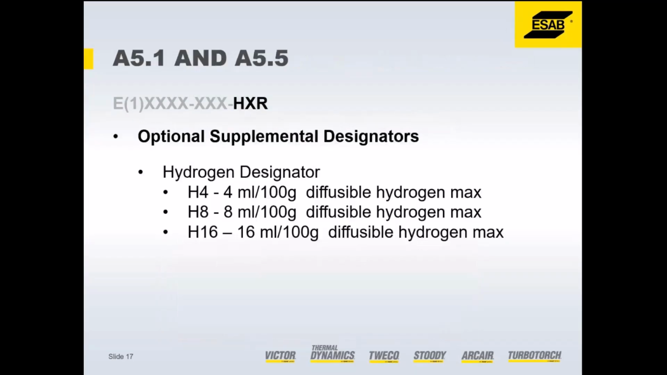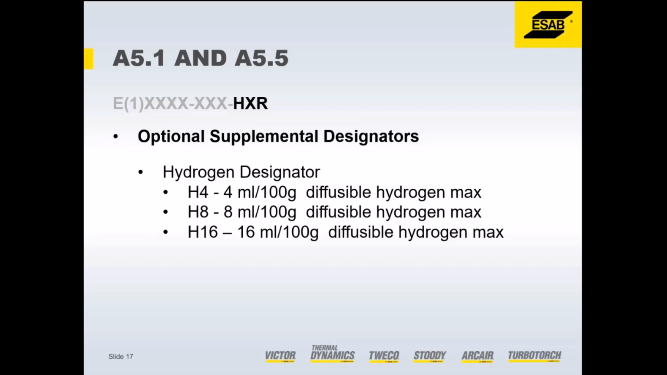And then finally, at the end of either the A51 or the A55 specification, you're going to have the optional supplemental designators. The most prevalent one is for hydrogen. All these would be considered low hydrogen rods. Most people are looking for H4 for one reason or another, but that is a maximum of 4 milliliters of hydrogen per 100 grams of weld metal that are diffused into that. And this is to minimize crack sensitivity,